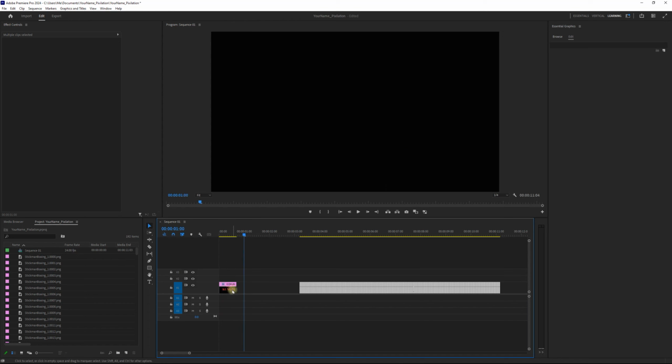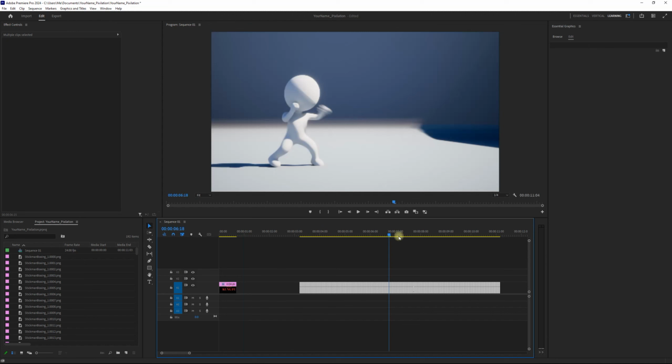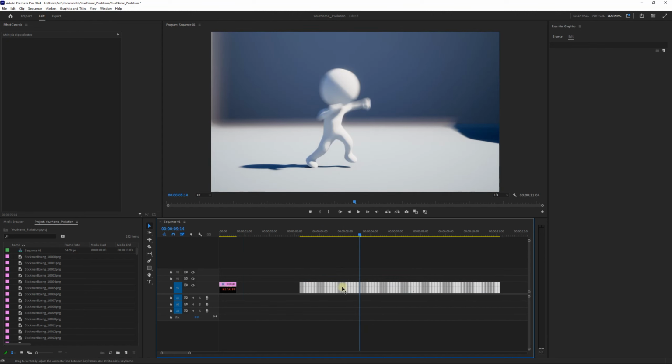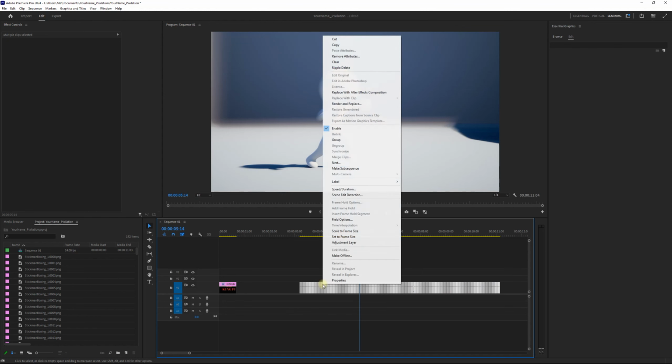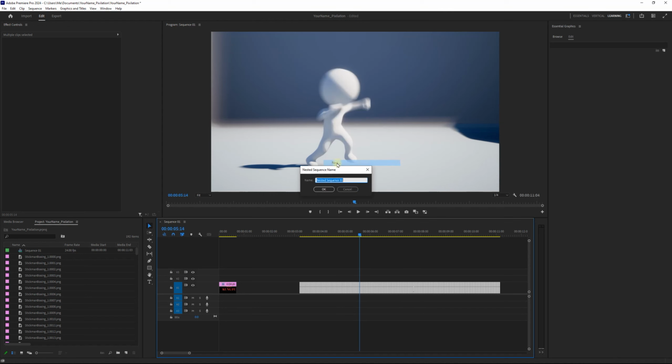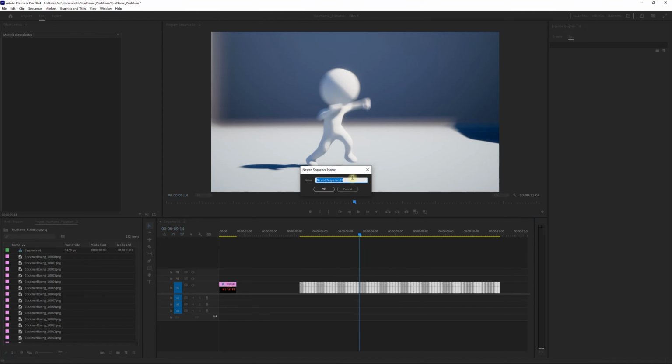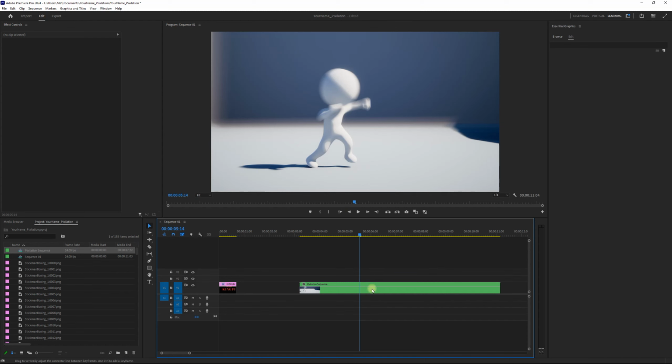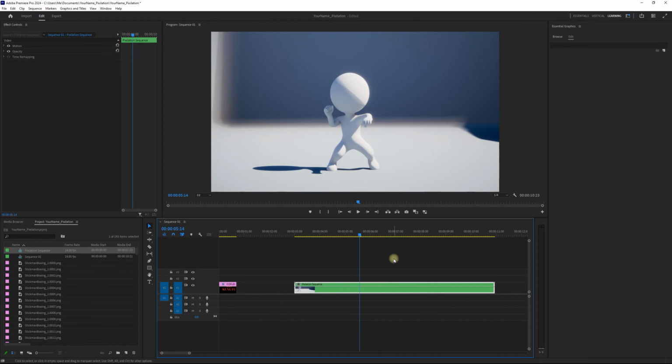Okay, so here you got a little section there. You got this over here. I recommend you select all of this and make it into a nested comp, because it sucks to keep on grabbing and drag and selecting like that. So you want to right click, and you're gonna make a nest, and you can just name it. Okay, so now it's nicely packaged like that. So you just grab it once. Okay, and back to here,